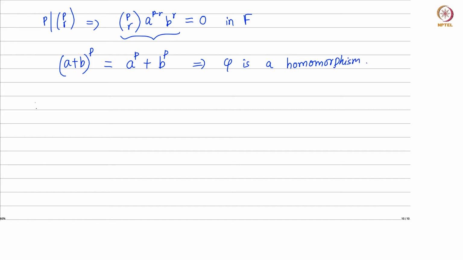Okay, and this has a name, so definition or notation, nomenclature, phi is called the Frobenius map. Okay, so we call this the Frobenius map of F. Okay, for each field of characteristic P, you have this map, A going to A power P. Okay, and observe that because it's a homomorphism between two fields, what you certainly know is that phi is injective,